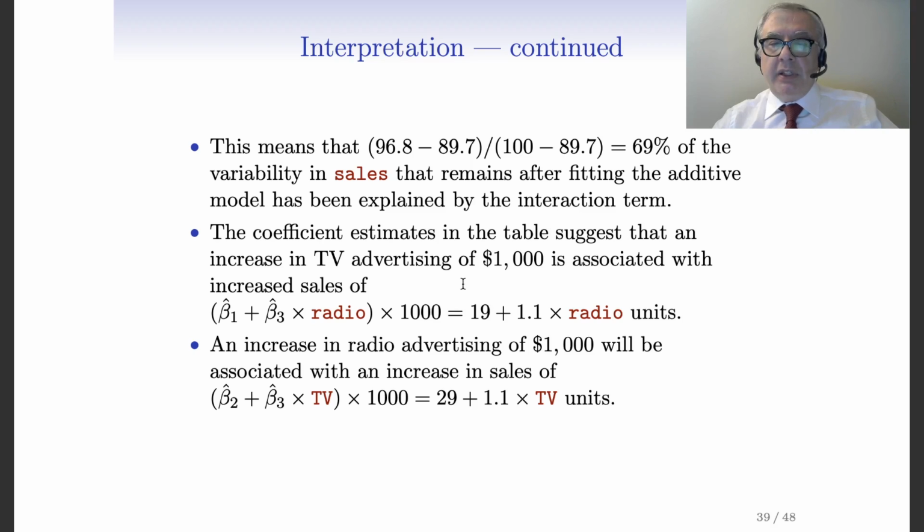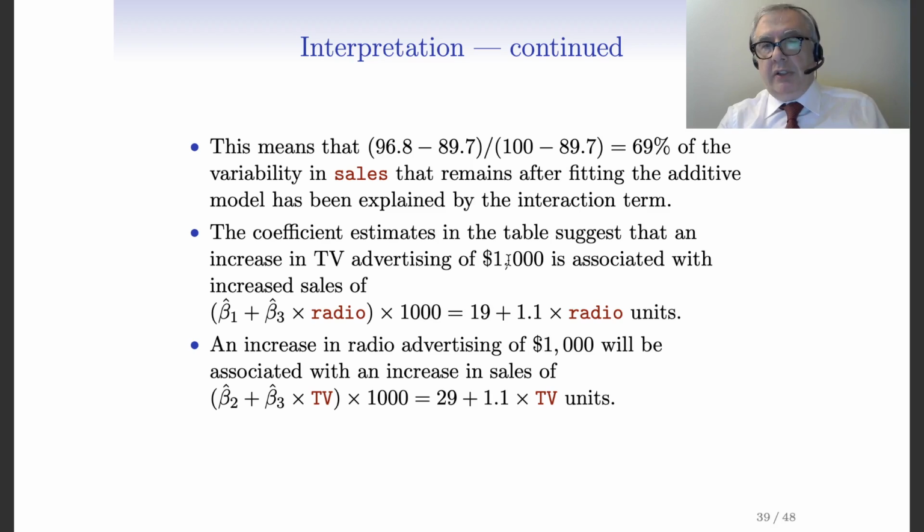And we can also interpret the coefficient estimates, and in particular assume that we are increasing advertising on TV by $1,000. This will produce increased sales by this expression: beta 1 hat plus beta 3 hat times radio, times 1000, and these are the coefficients 19 and 1.9 times radio units. I've just made the computations, and so I can see the benefit of spending something on radio when I've decided that I'm going to spend